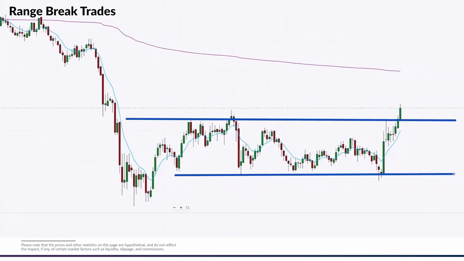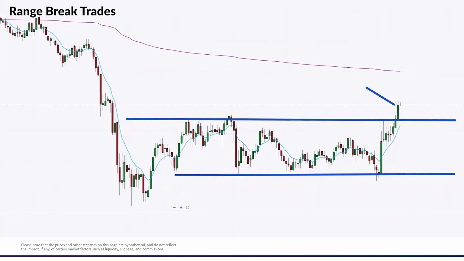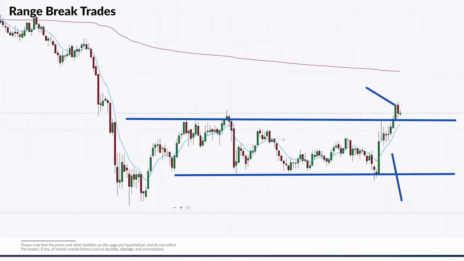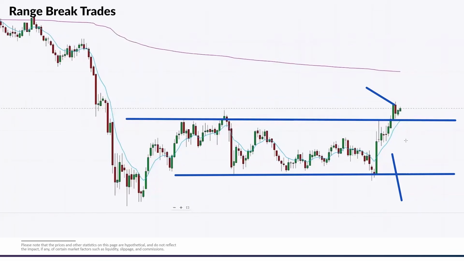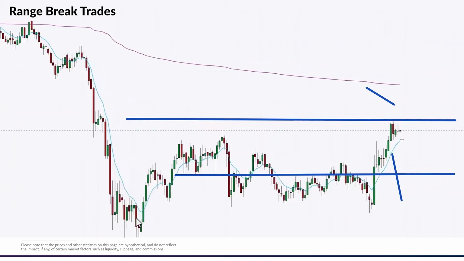We're talking about a range here. It looks like we're going to break out of that, right? So are we going to take that range break trade? Well, let's look at the difference between the price action moving up on this side versus the way the price action moved on the prior range break. When we're looking at technical analysis, you could say, yes, these are both range break trades. But when we study the price action and the way the range broke,